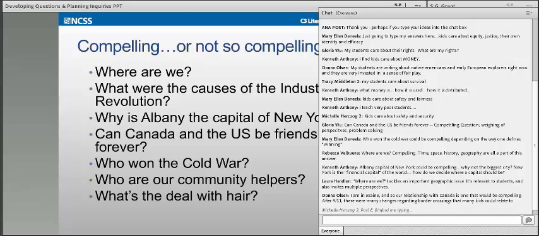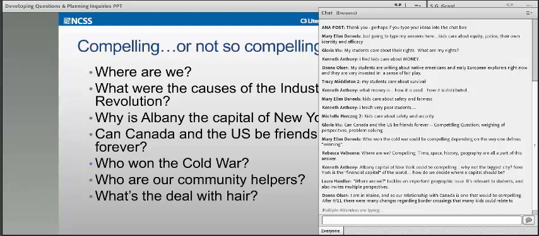Mary Ellen nominates the who won the Cold War question, depending on the way that one defines winning. Isn't that interesting? Because we usually think that winning is a clear-cut decision. And yet, the notion of winning in the context of the Cold War, where I suppose some people would argue that we're still fighting the Cold War, might in fact be a way of both bringing kids into an intellectual conversation, but also one that they're going to have some perspectives on.